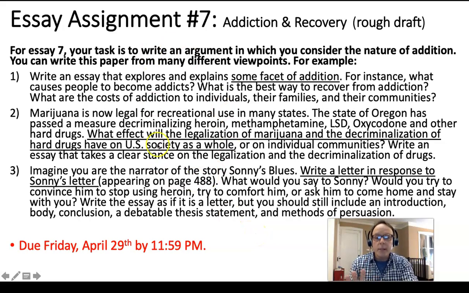So if you just want to read these, I'm asking you for the 7th and 8th essay here, our last one, to choose one of these 3 topics, or like I said in the overview lecture, something related to our theme of addiction and recovery that's in the story. I think the story is more about addiction, doesn't really go into recovery, so we're adding that. But at any rate, take a look at that, and if you have questions, let me know. And again, look at that overview lecture again, because I said a little bit more about it there.